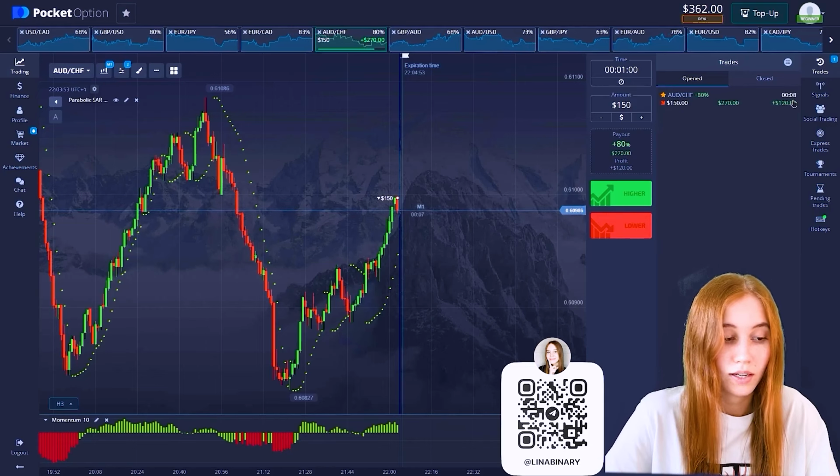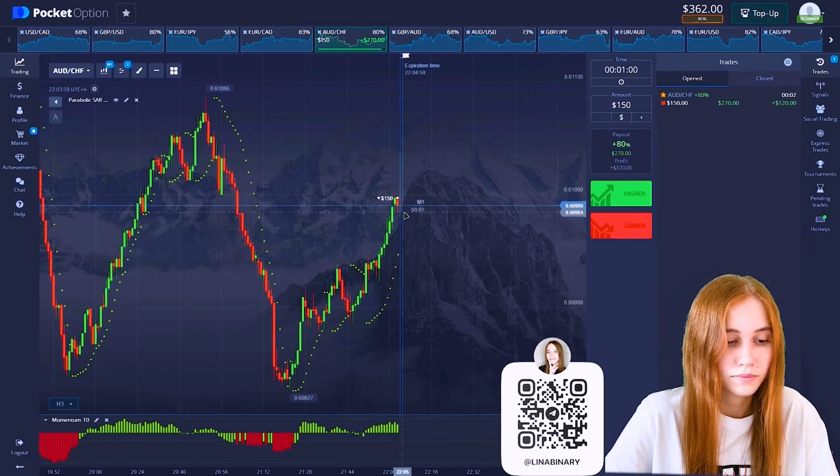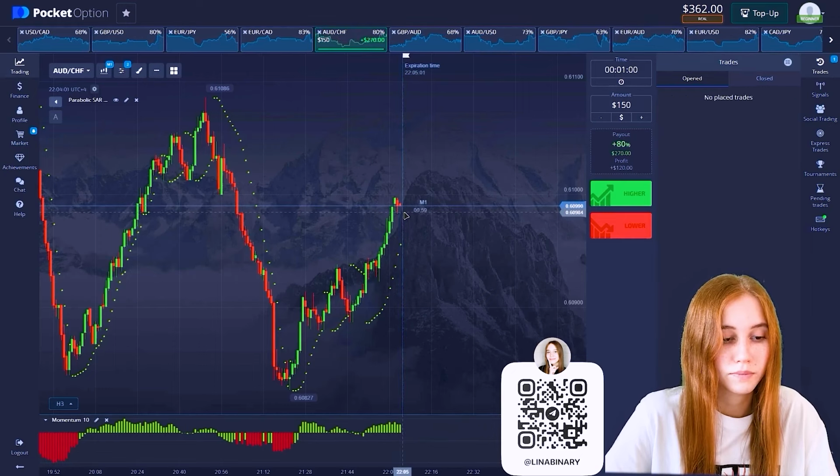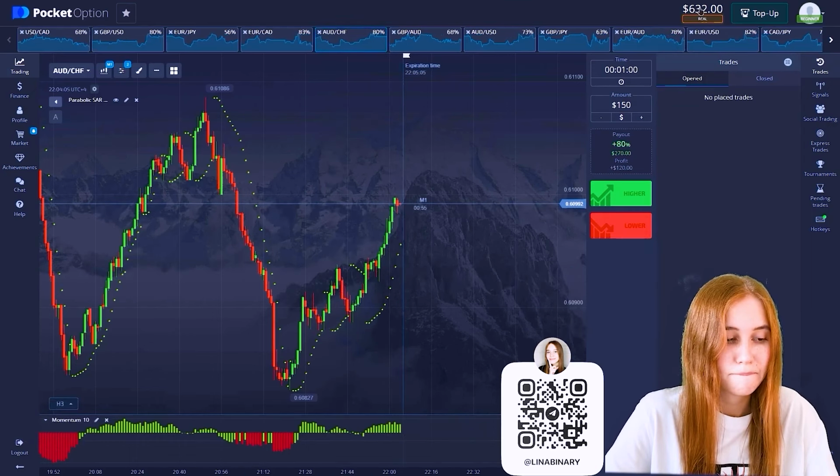$150. 8 seconds left. Yeah, we see decreasing. That's good. Plus deal. Profit is $120. The balance is